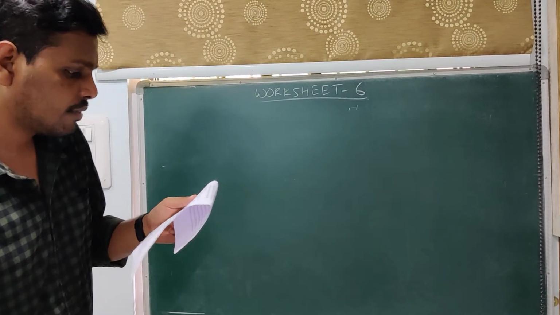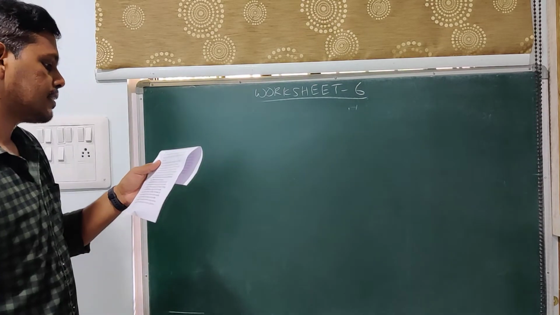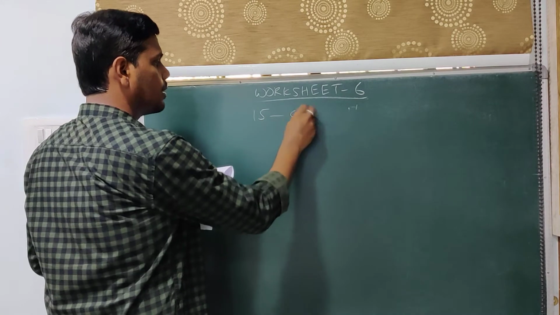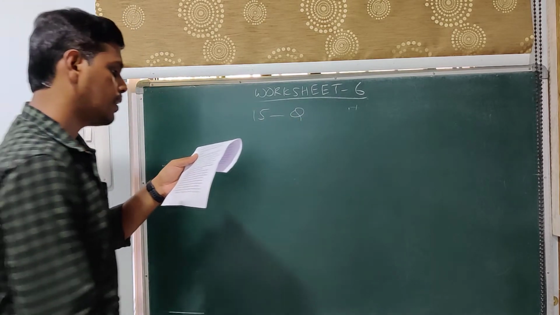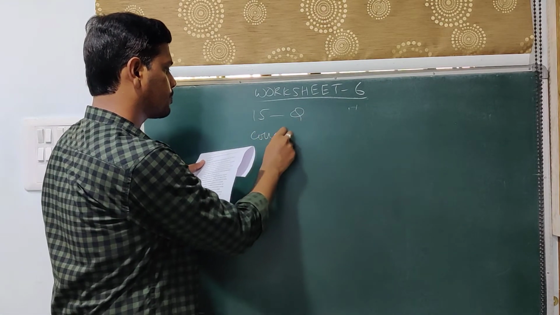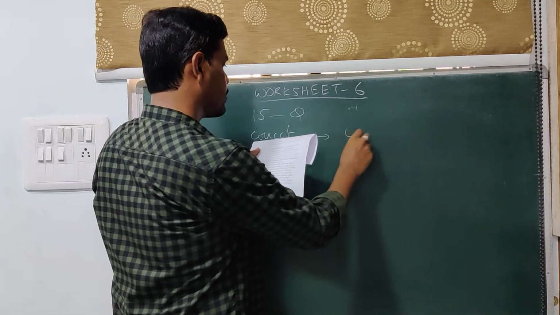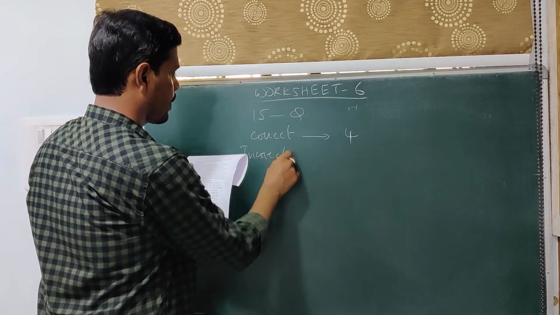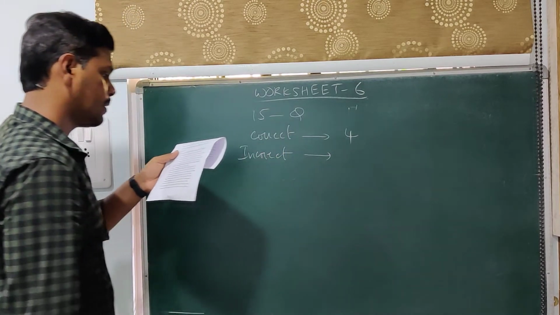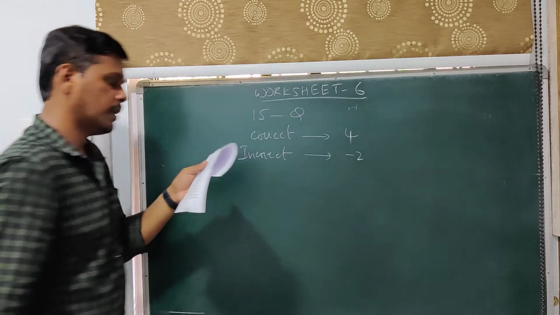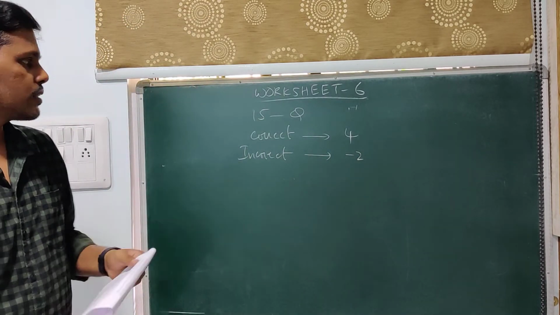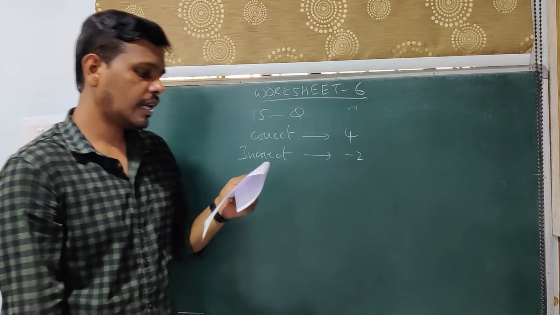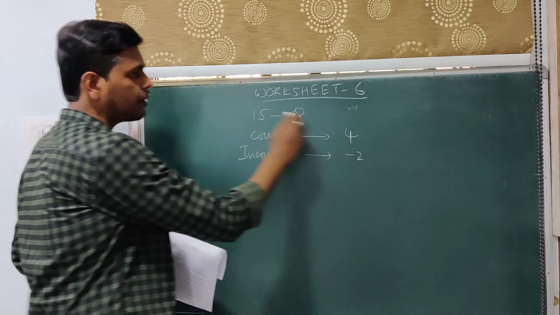So again we write the details given. So in a class test containing 15 questions, so total questions are 15. These are the total questions, and for correct answer she is getting 4 marks, and incorrect she is getting minus 2 marks. Now Bharati attempts all the questions, that is she has written all the 15 questions and only 9 are correct. So 9 are out of 15,